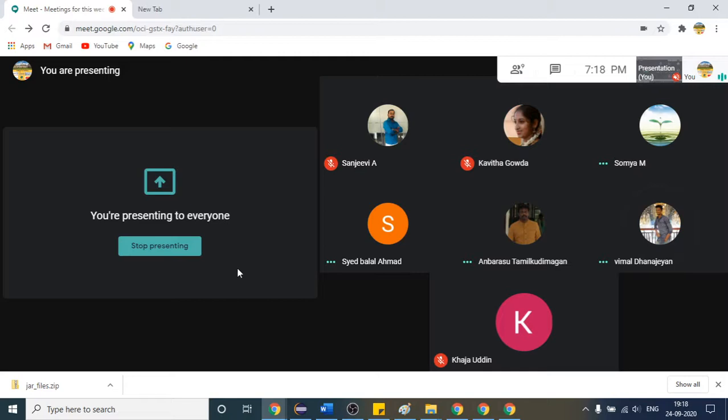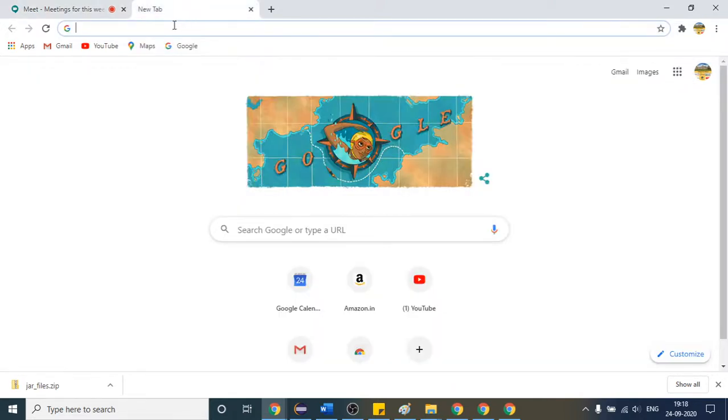Okay, so what I was saying, are you able to see that it has just dragged and dropped one element to the other with the help of the action class? So there is much more functionality in the action class, right? But we are not discussing that. But I have to mention the action class here because we have to use it. There is one separate section for the action class, where we can see how to double click or right click. All of these we can do with the help of the action class.